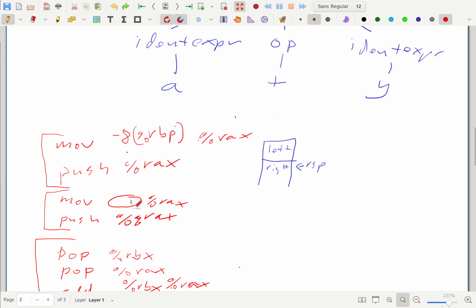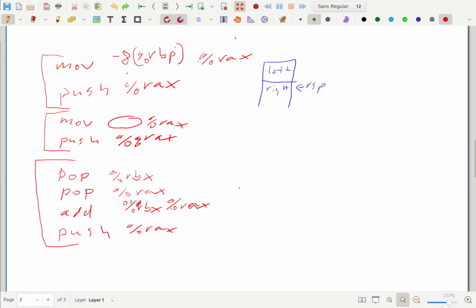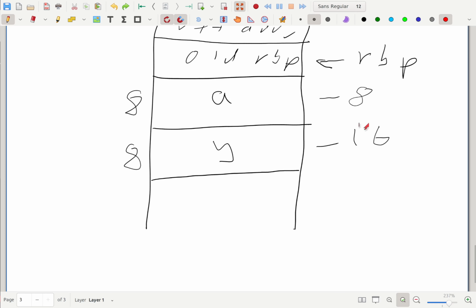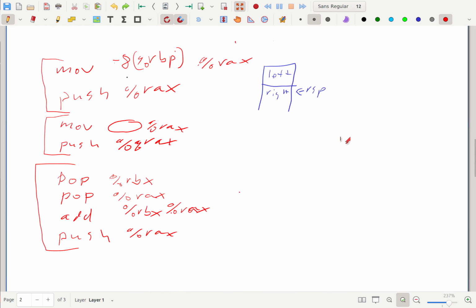What about the address of y? How do we find the address of y? Or how do we finish this instruction in order to get the value of y? Yeah. So we go to our symbol table and we look up what the offset of y is. We find that it's 16. And then this instruction,